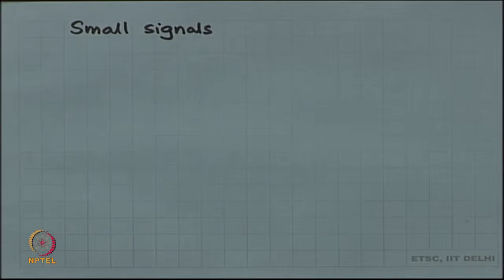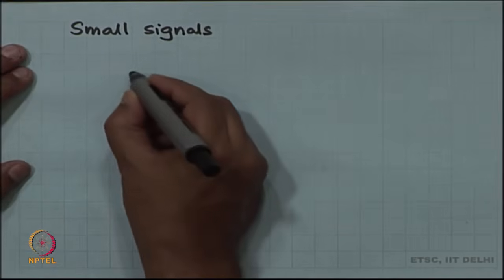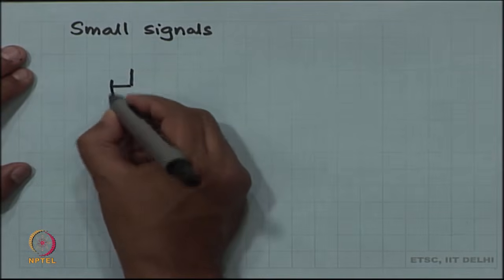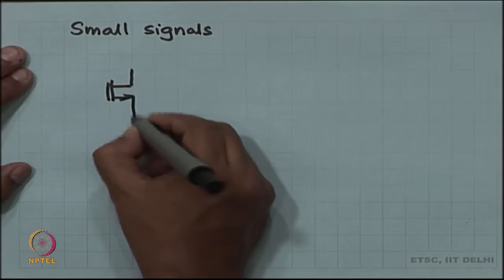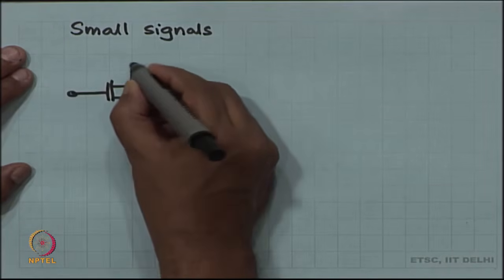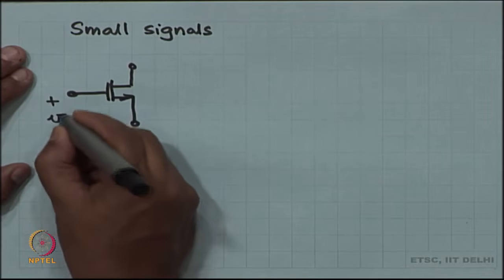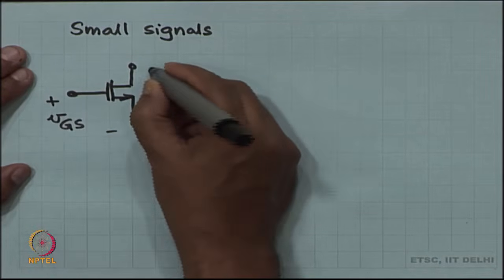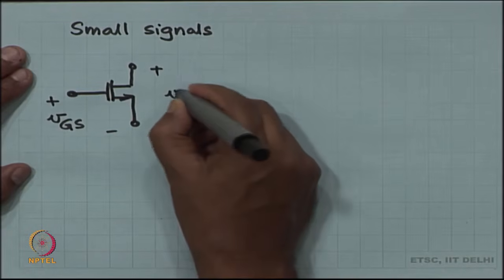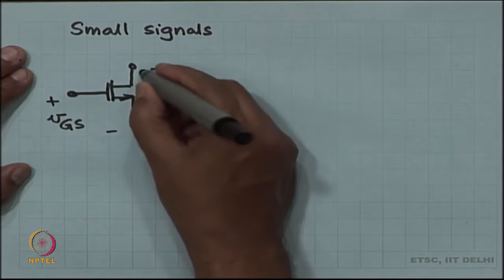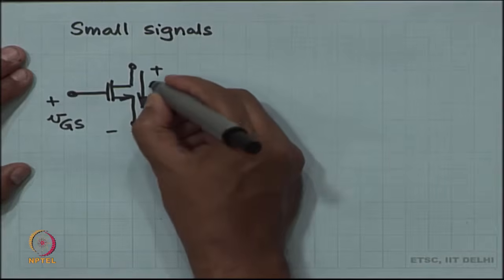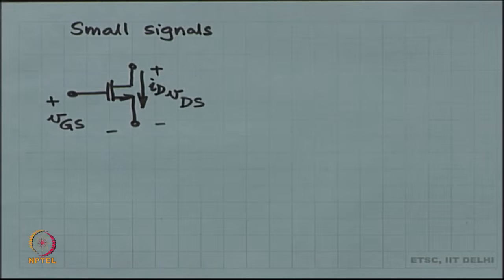All right, let us do it nicely. So, the MOSFET behaves in this fashion. If I have a VGS and I have a VDS, then I will get an ID,